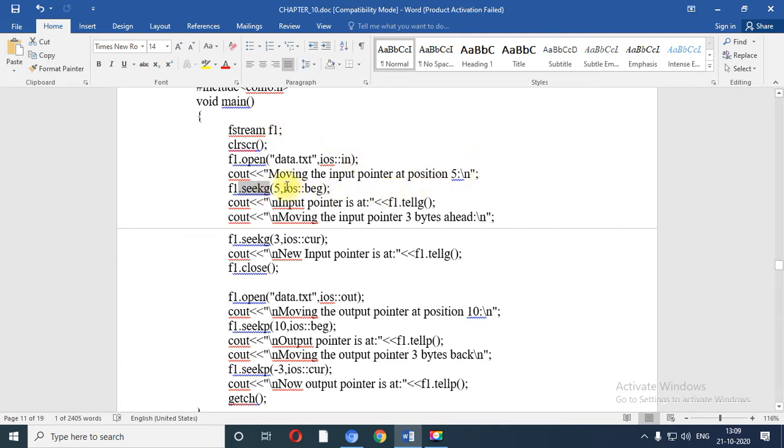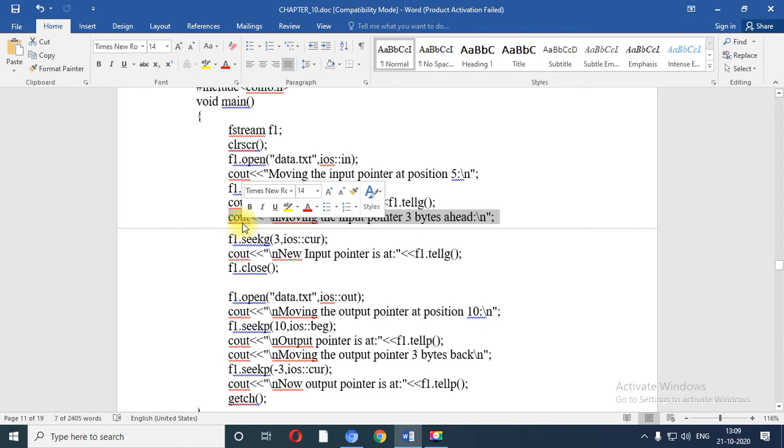Right now I start from the beginning, and my pointer is at the 5th position. So when I print my cursor position, it will print that the input pointer is at the 5th position. Now moving the input pointer 3 bytes ahead.